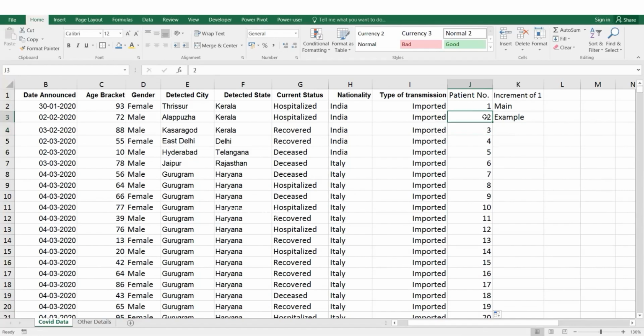What if we wanted increments of 2? So we could simply just make this 3, select these two cells, the main cell and the example cell, and again double click on the bottom right square. And now you see it is 3, 5, 7, and 9. Basically increments of 2. So I'll just bring it back to the original data that we had, which is 2